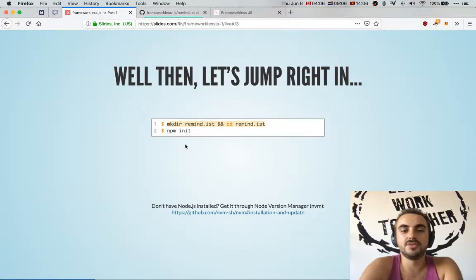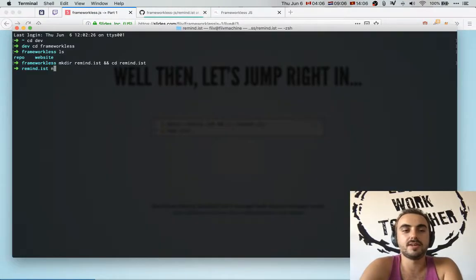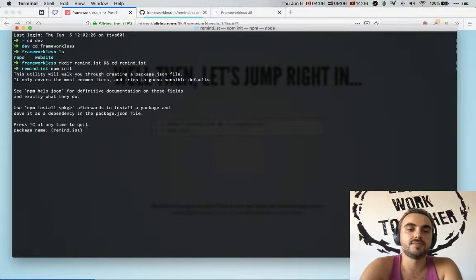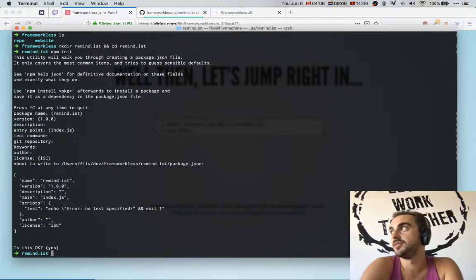And then the next thing I need to do is run this npm init command. So some of you may be familiar with this already. It's essentially npm is the package manager for the JavaScript ecosystem. And this creates a package.json file with, most importantly for us at the moment, your package dependencies. So we've just created a